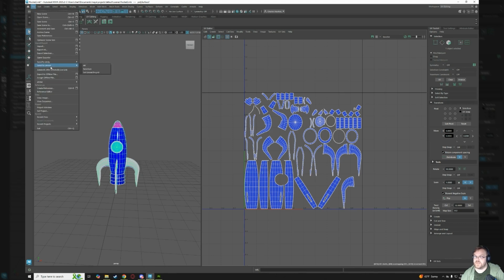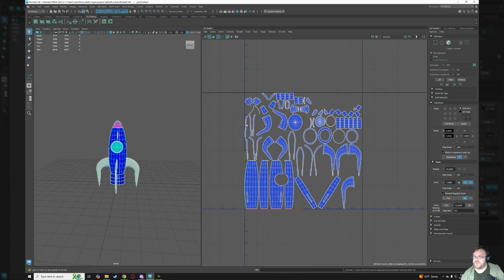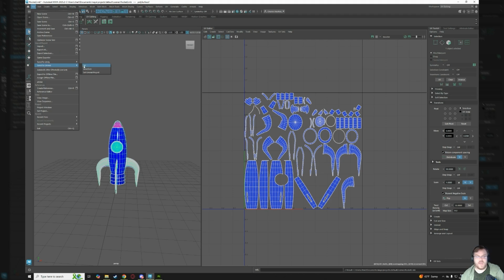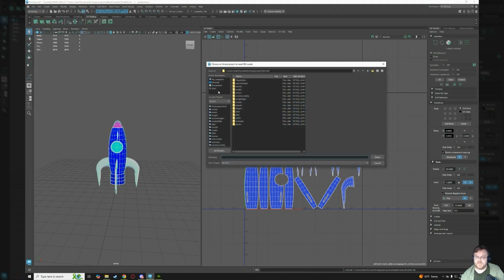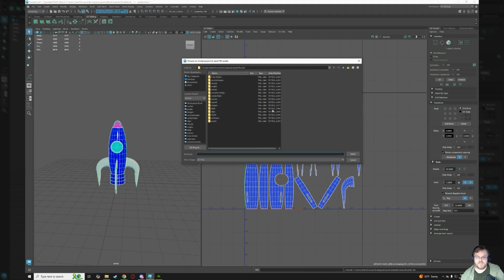So we'll save our scene just to make sure everything's saved. We will delete all of our history, and then we will save, and we'll send it to Unreal. So this export option will export it as an FBX. Just select all. It'll show you your project folder, and it'll ask you to select where you want to